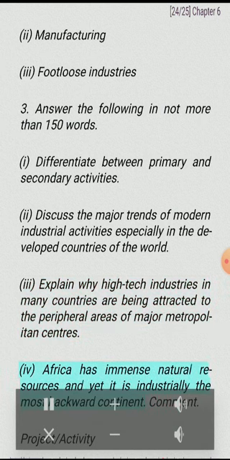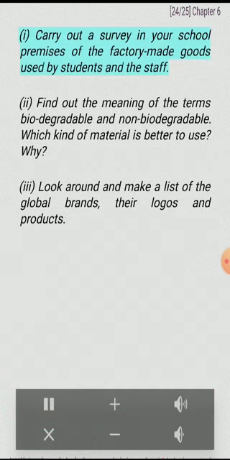IV. Africa has immense natural resources and yet it is industrially the most backward continent. Comment. Project, activity. I. Carry out a survey in your school premises of the factory-made goods used by students and the staff. II. Find out the meaning of the terms biodegradable and non-biodegradable. Which kind of material